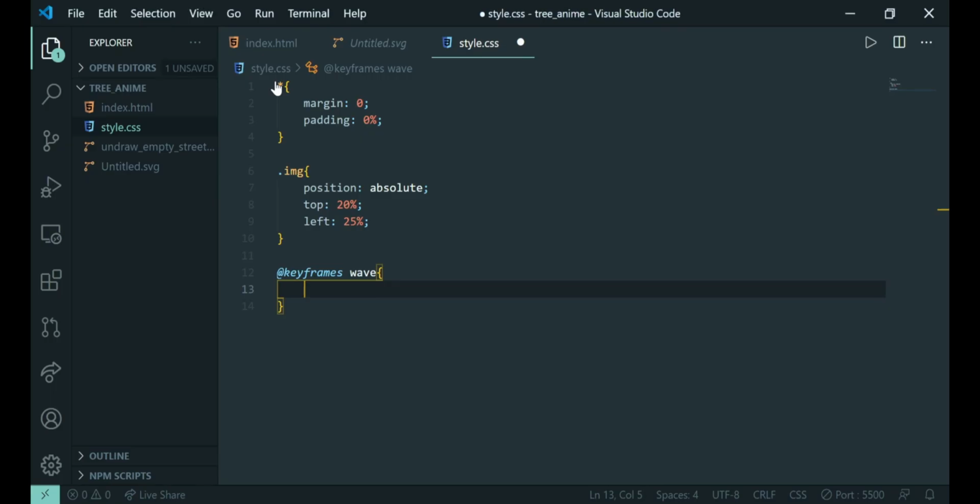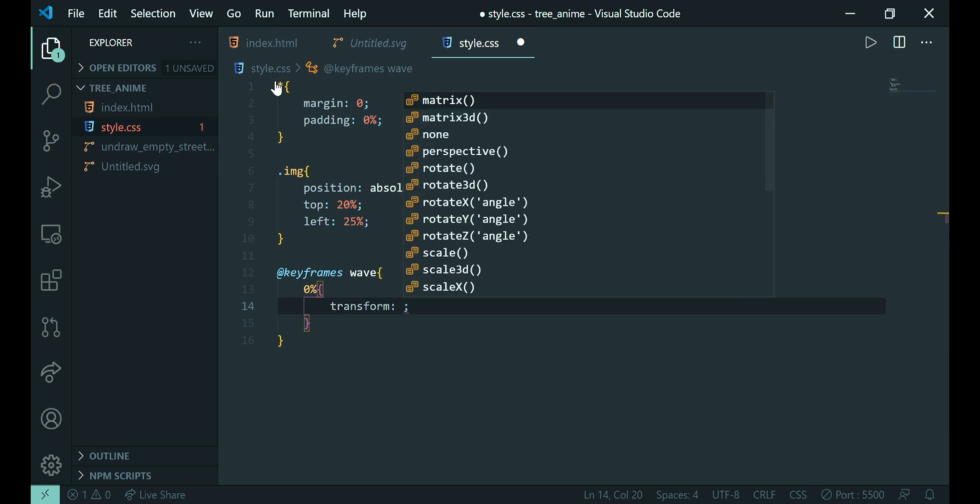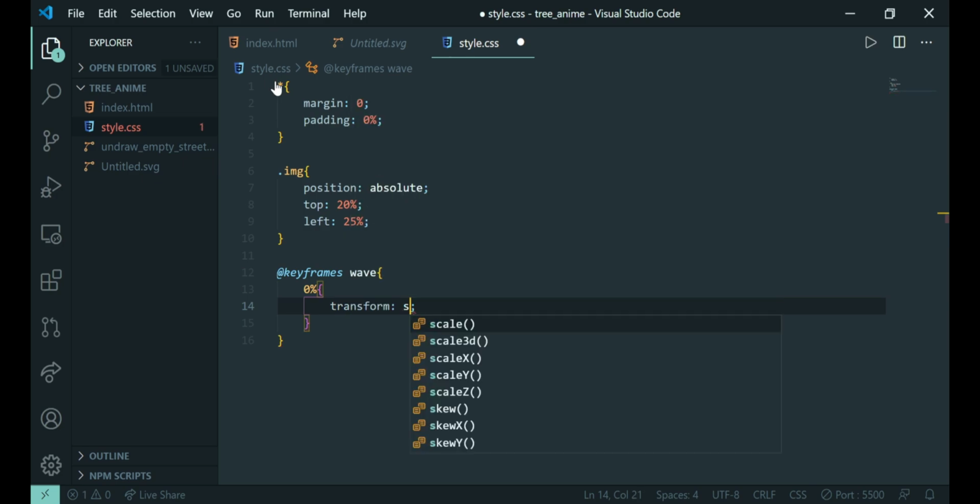So for that, I will be using transform. Okay, first we need to give this as 0%, and this 0% will be having a transform of like skew, because it gives an uneven motion. So I will be saying skew x to be -2 degree,